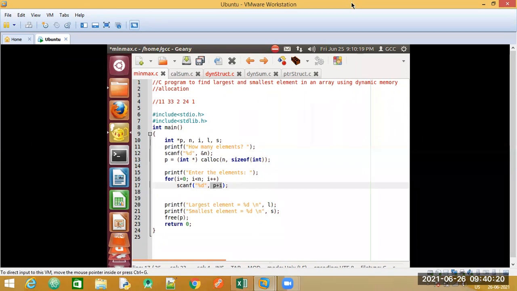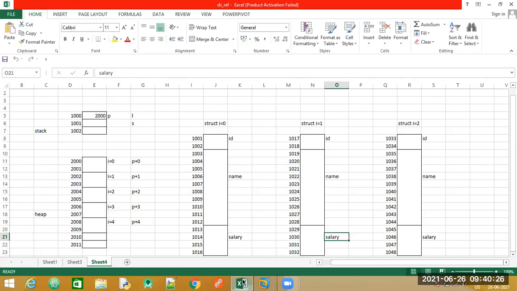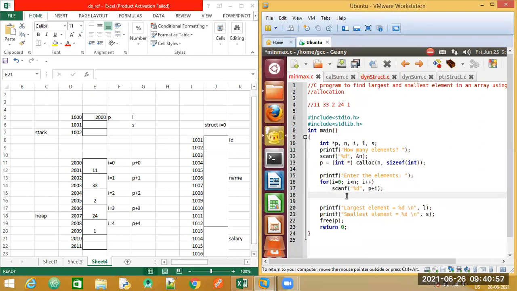So let us go back to the Excel sheet now. Okay, have a look at this section. I have already written the iterations here and I have written these memory addresses with the iterations. So let us accept the elements and let us write here those elements which are entered. So 5 elements are entered by the user. Now pay attention to the next one. Let us write our assumption.